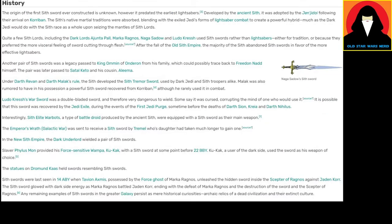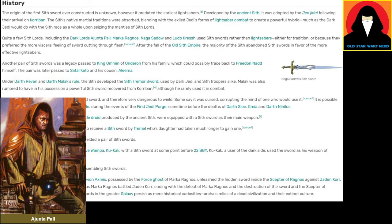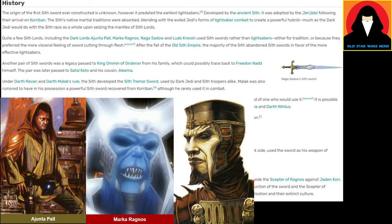The origin of the first Sith sword ever constructed is unknown. However, it predated the earliest lightsabers. Developed by the ancient Sith, it was adopted by the Jedi following their arrival on Korriban. The Sith's native martial traditions were absorbed, blending with the exiled Jedi's form of lightsaber combat to create a powerful hybrid, much as the Dark Jedi would do with the Sith race as a whole upon seizing the mantles of Sith Lords. Quite a few Sith Lords, including the Dark Lords Ajunta Pall, Marka Ragnos, Naga Sadow, and Ludo Kresh,